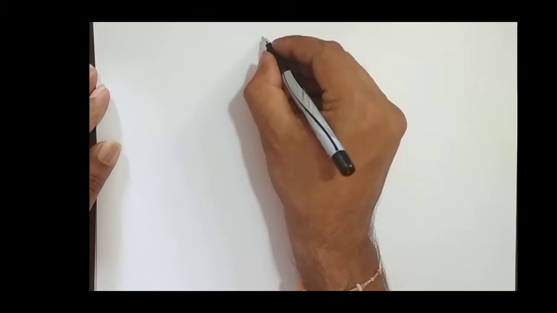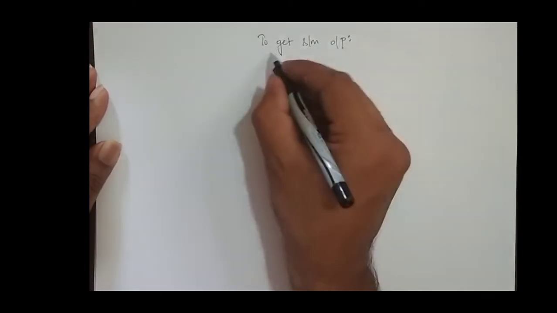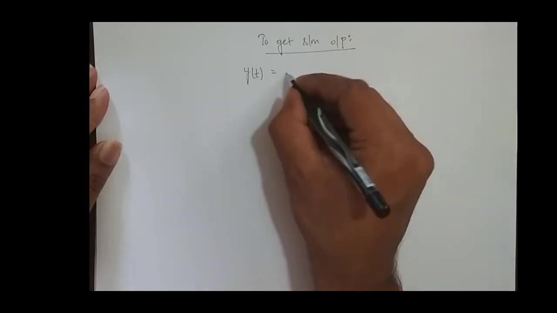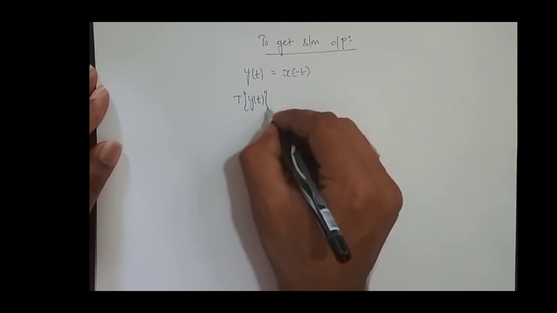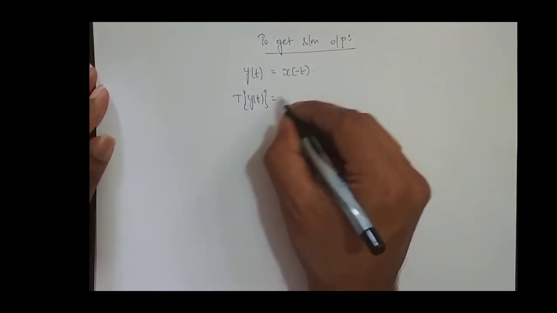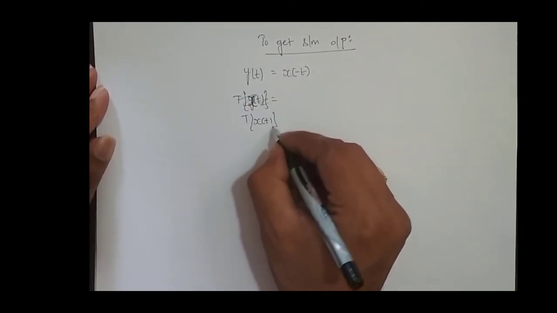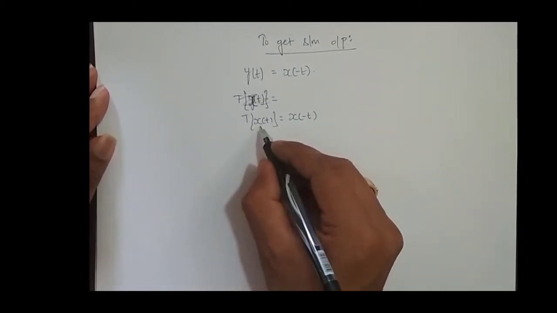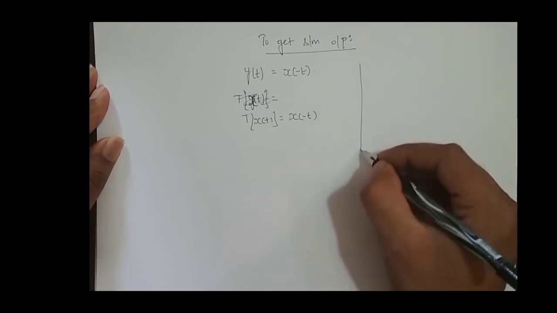Okay, now we'll check the system output. In order to get the system output we have to understand the system. So what is the system? Y of t is x of minus t. So transformation of x of t is equal to x of minus t. So what's happening in the system? Whatever signal I feed, I get its time reversed version, right? So I mean to say,